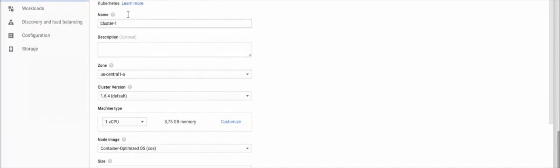Okay, cool. So I'll call this Cube Toronto. I can type. We'll choose a zone, so I'll put this in on the East